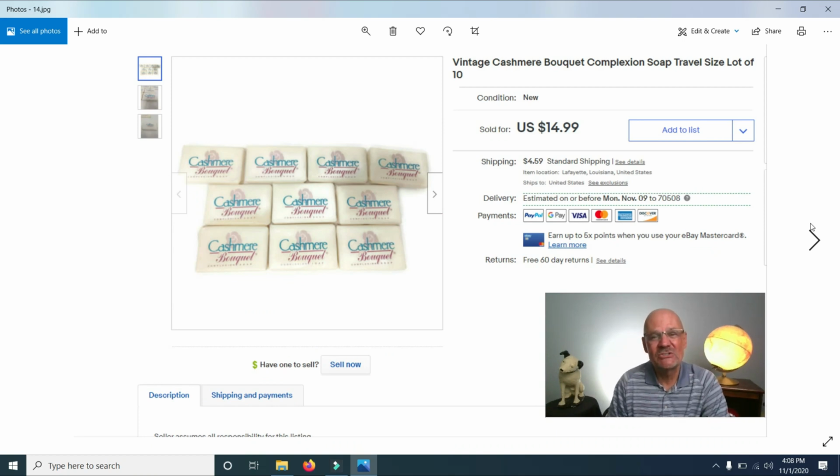This is vintage Cashmere Bouquet Complexion soap. I bought 50 of these at an estate sale and I sold this lot of 10 for $14.99. Anytime you're at an estate sale and you're in the bathroom, check out older vintage